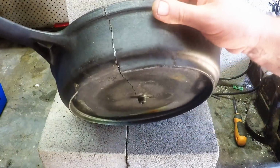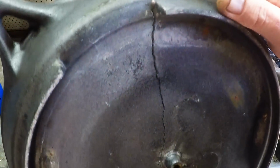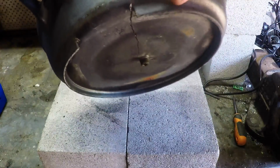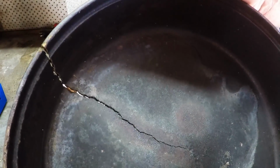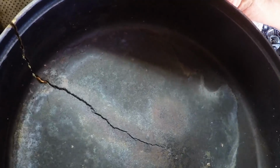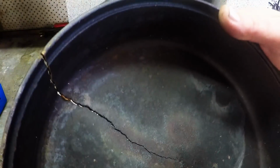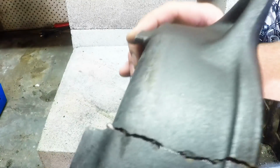Okay, well, there's the pan, and you can see it cracked right from the center and went all the way up to the outside, and just basically popped the pan. So pretty awesome, actually. I didn't expect cast iron to just crack like that. So it's either a very cheap cast iron, or it's just the way it goes when you add